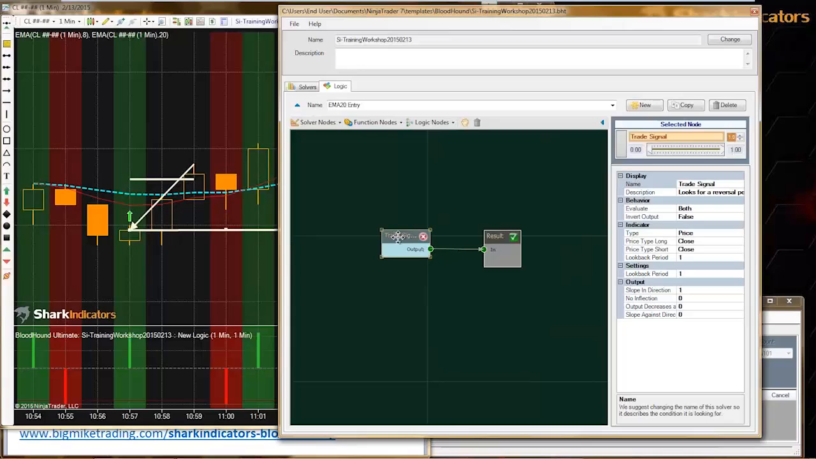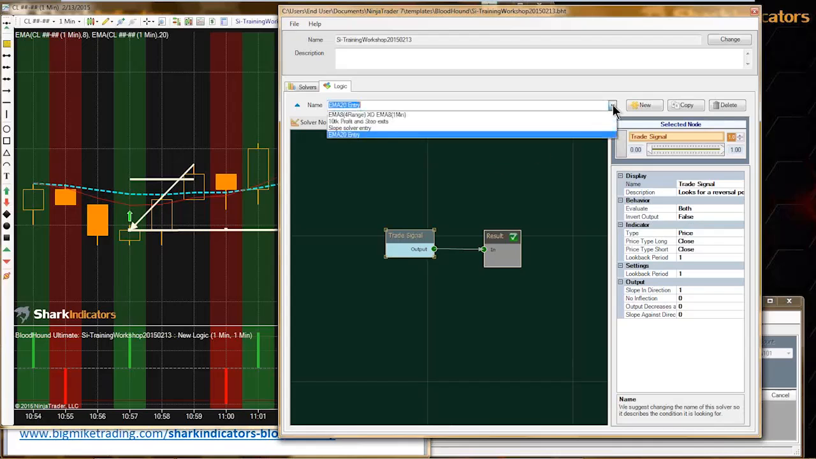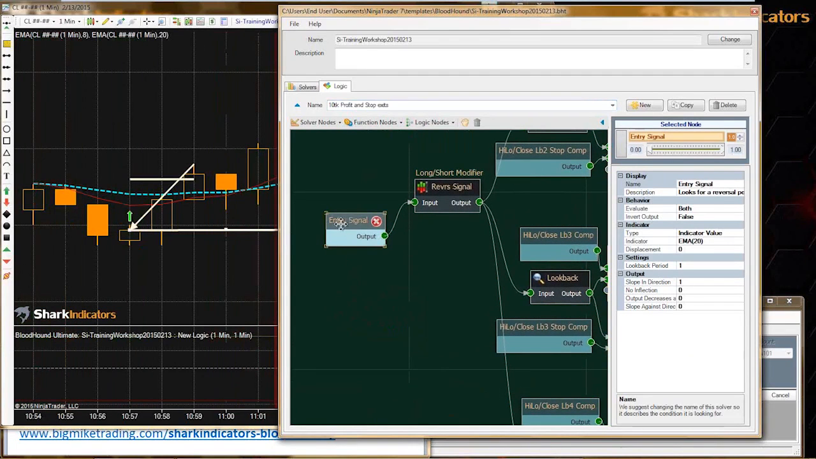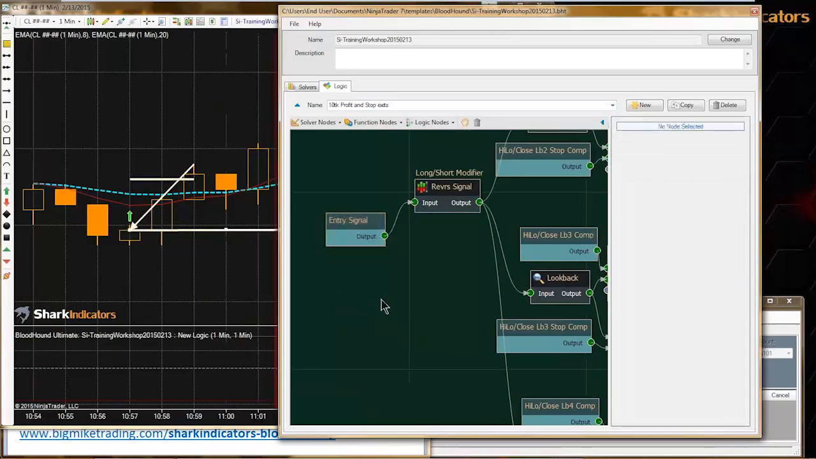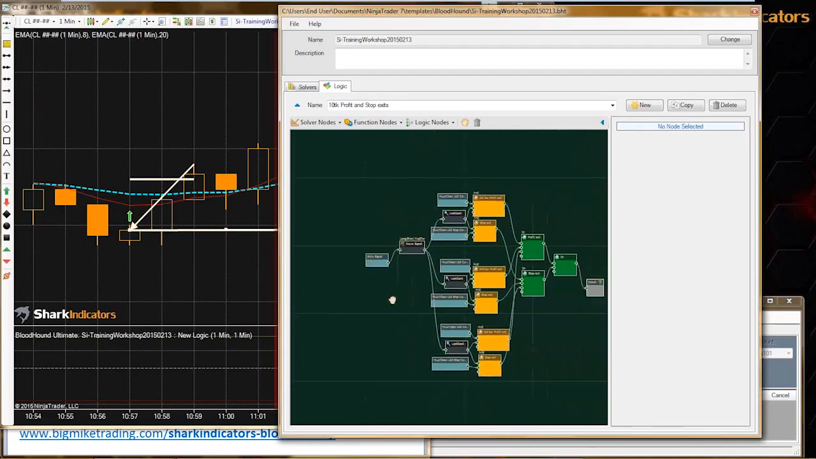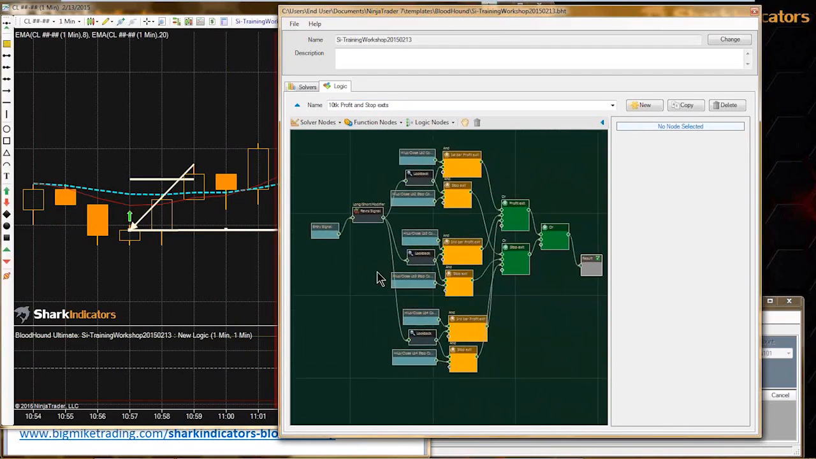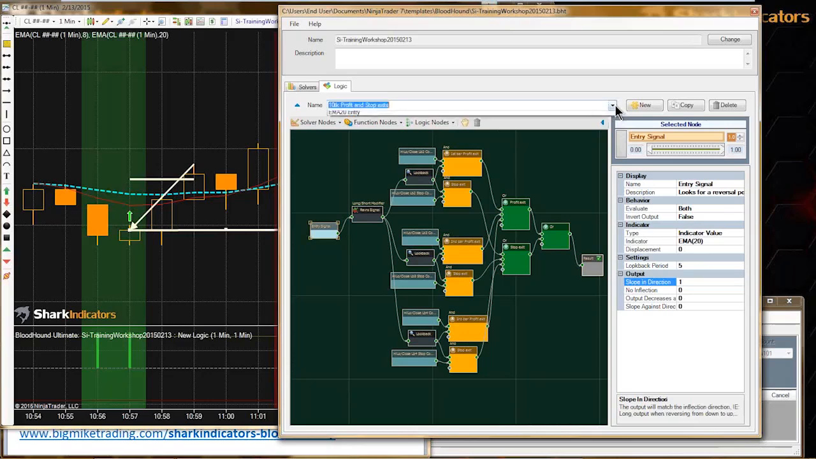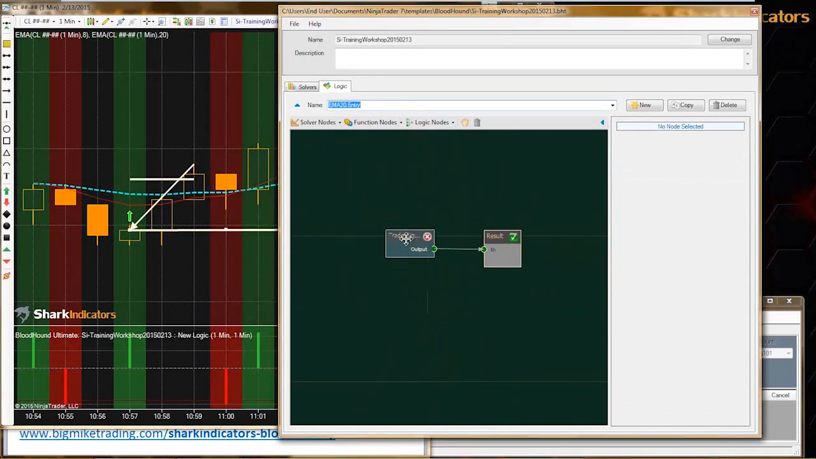This trade signal solver, this inflection solver, is the exact same entry signal solver on this other logic template. They're both one and the same. So just be aware of that, because if I modify this solver, like say I change my look back to 5 on this one, and I go back to my other logic template and take a look at this